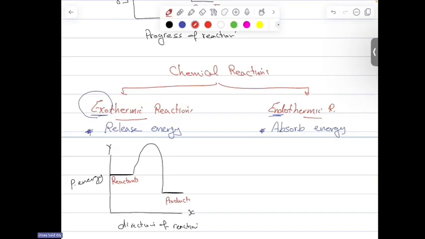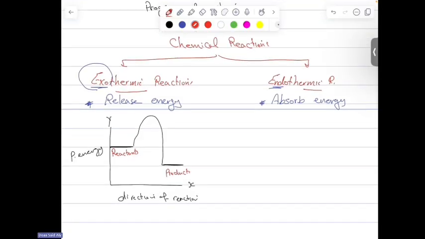From the graph, the potential energy of reactants is higher than the potential energy of